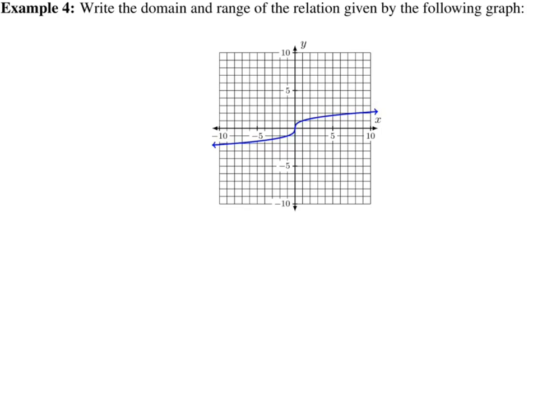Alright, next one, example 4. Here the graph does a double mid swoopity-doop, but it goes forever on both ends with the arrows. So, for the domain, I'll show on the x-axis how it goes forever both ways with arrows both ways. So this is all the numbers. Now that is written a couple of ways. You could write the words all real numbers